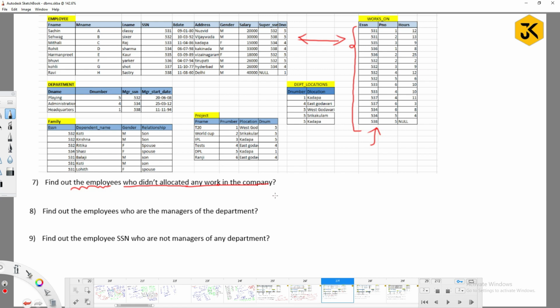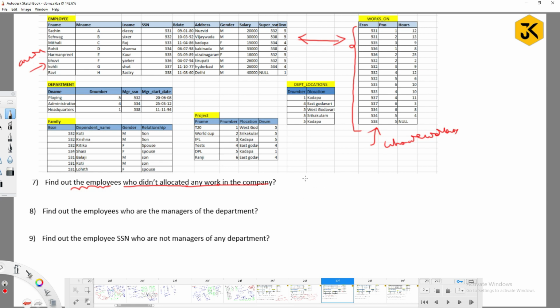Okay. But here what are they asking? If you want all the details, then you have to go for the join operation. But they are asking only to find out the employees. Simply we can assume it as employee ID numbers. Right? So these are the employees who are working. These are the employees who are available. From the available ones, if you remove those who are working, can we get those who are not working? Can I say P minus Q operation? Yes, I can do that.